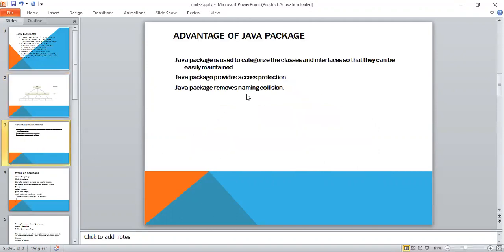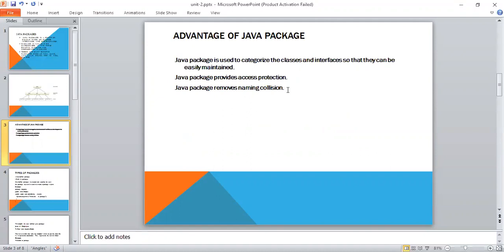And what are the advantages of these packages? A Java package is used to organize classes and interfaces so that they can be easily maintained. Second, a Java package provides access protection, and third, a Java package removes naming collisions.